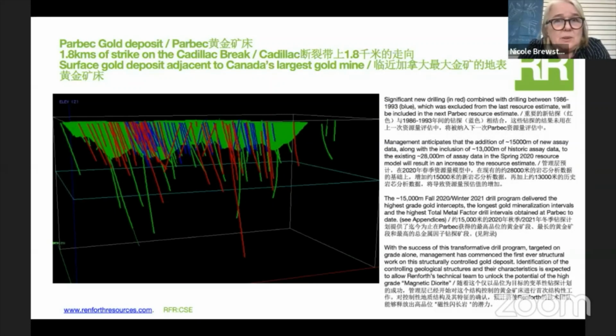And what we were doing was interesting on a couple levels. The first thing we were doing, we were twinning some of the blue drill holes you see on this image. Why were we doing that? Because even before we started work, we knew that our 2020 resource statement was out of date. It excluded all the historic drilling in blue because we don't have the witness core. We had everything else we needed, but we were told we can't use it, and we had to restate a previous higher resource. So we re-drilled some of those holes with our drill holes in red, and that validates those